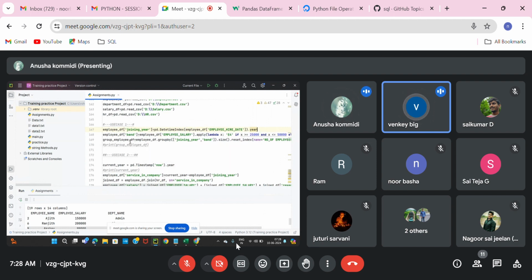Yes. So this is one area of improvement, Anusha. Do not hard code anything, because you know the data. That doesn't mean that you can hard code all the records. So do not hard code anything in the code. I accept that. And then I have grouped this employee DF